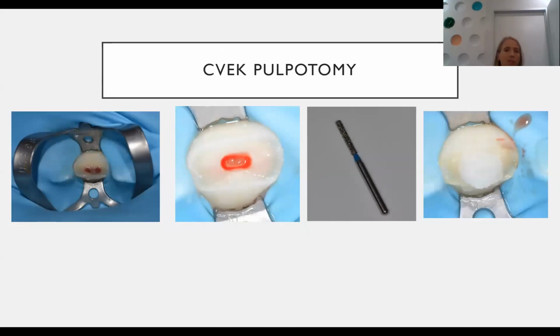Now I'll run through the individual steps for a pulpotomy with the most up-to-date materials. So first you need to isolate the tooth. This is important now for any treatment with aerosols that we're doing, but equally so in normal times. So when you do your pulpotomy, you have to use copious irrigation with the high speed and remove about 2